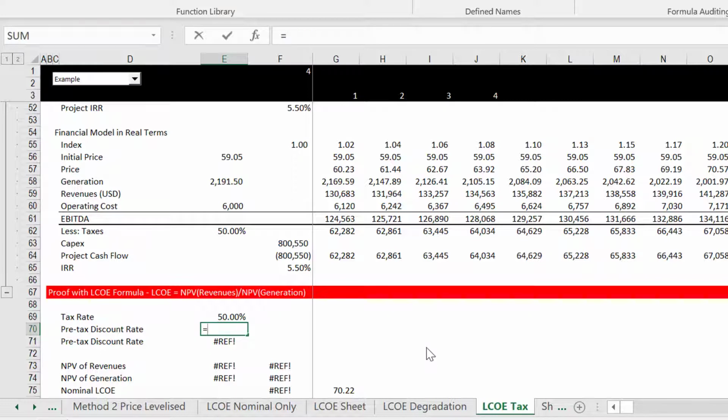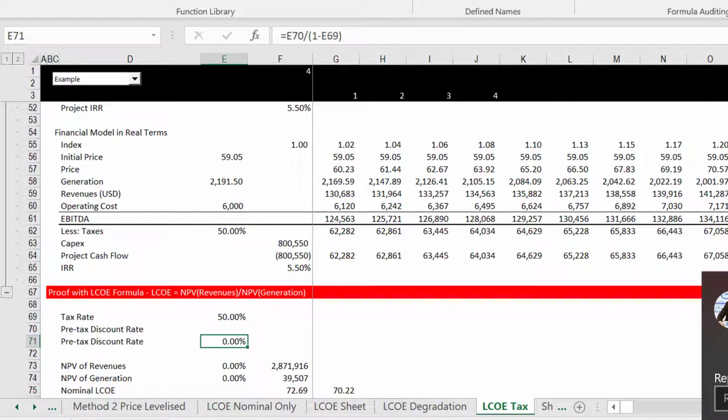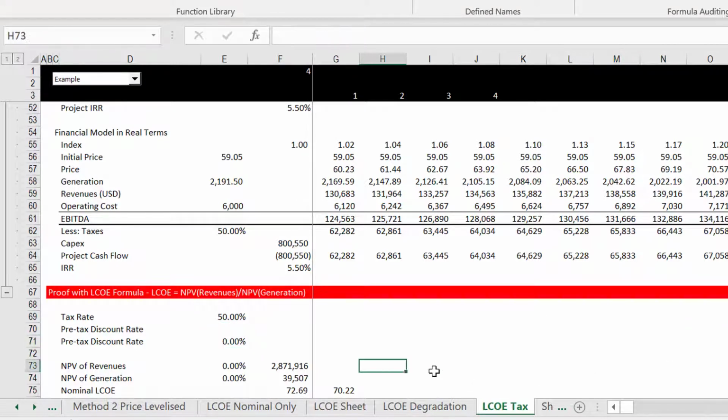We want to take our pre-tax. No, I thought we wanted to take our pre-tax rate. We don't. Okay, good. Then we put